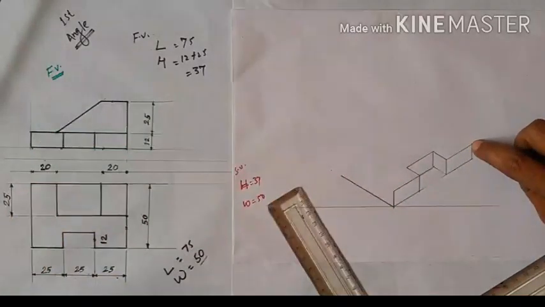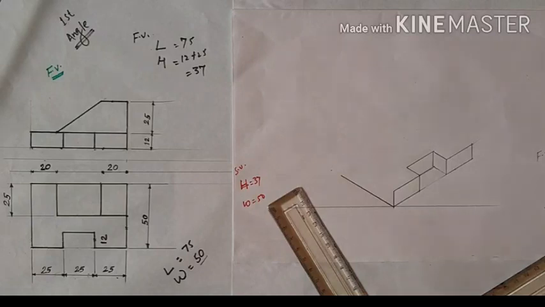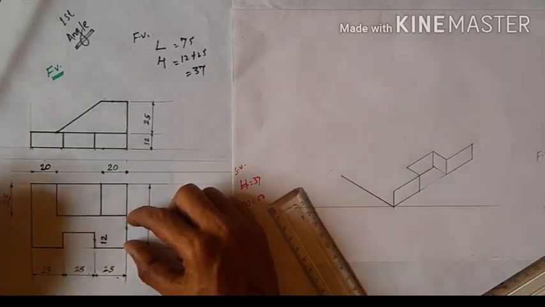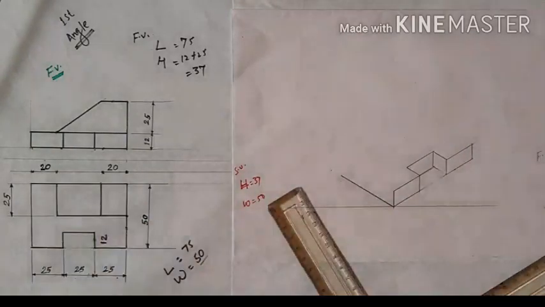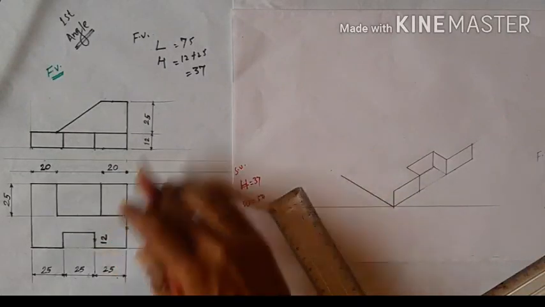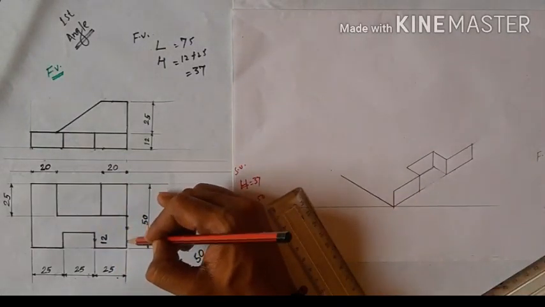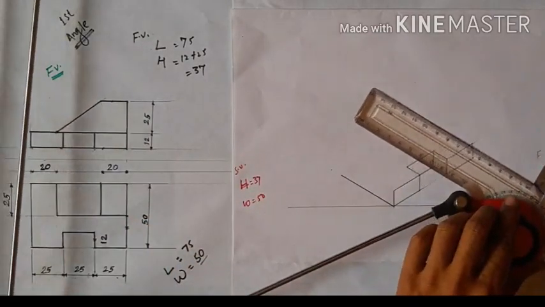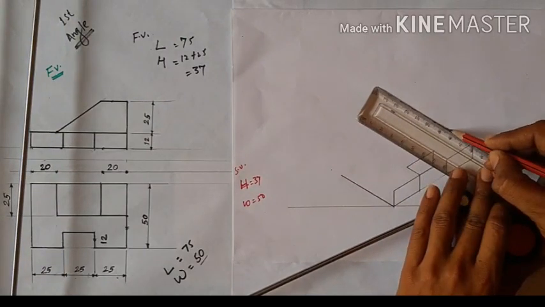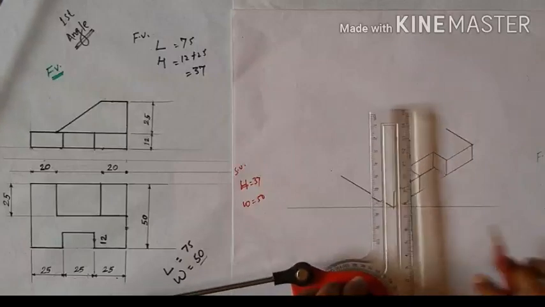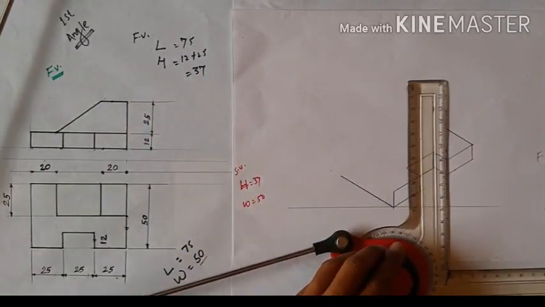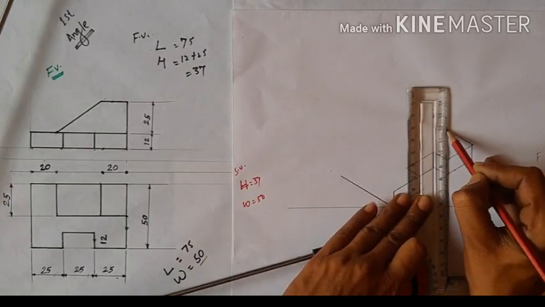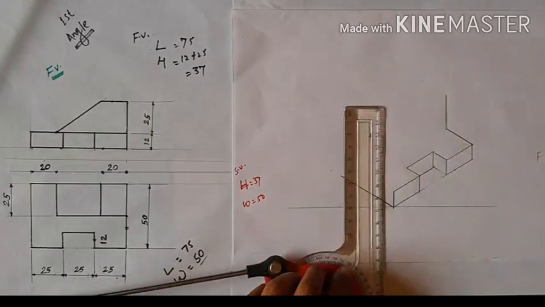Can I draw 25 mm from here? No, because we need to see the dimension from the top. So from the width side, firstly we draw the 25 mm line, because this is 25 and the remaining is 25 towards the width side. This and this are parallel. Putting the MD parallel to it, we firstly draw the 25 mm line like this. Now from here we draw a 25 mm height, putting the MD parallel to height, and draw a 25 mm line like this.